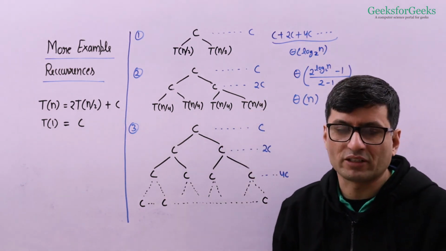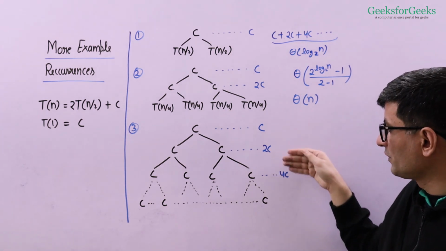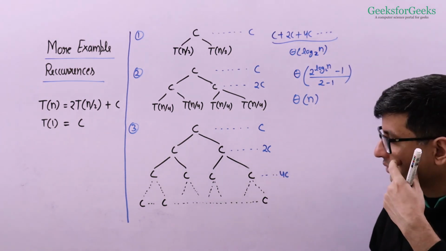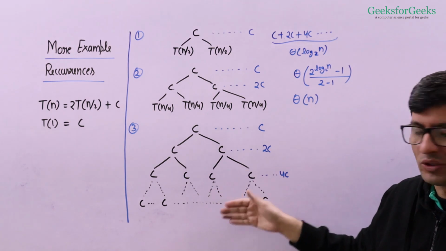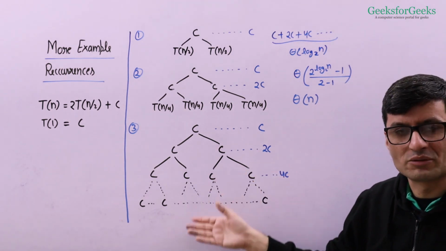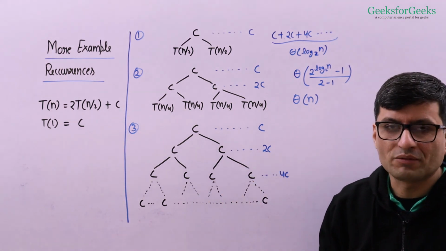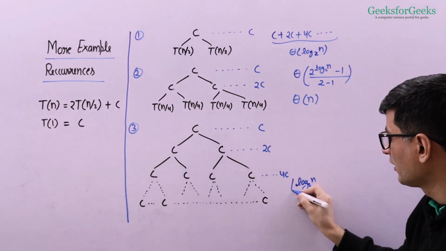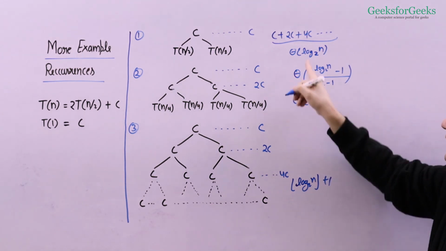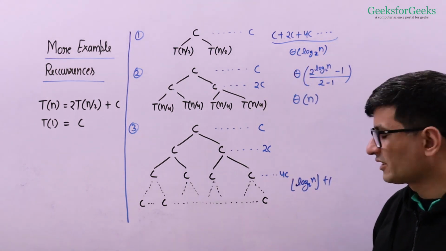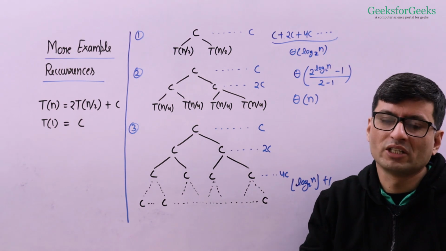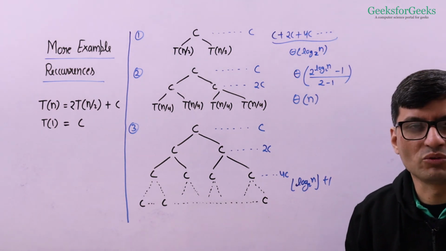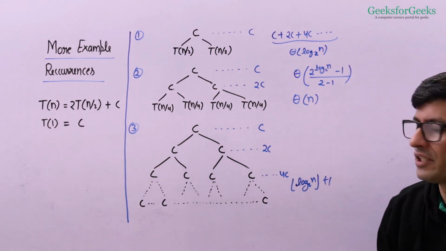So I see a pattern, right? I see that it's C, 2C, 4C and it's going to be 8C. So I just need to figure out how many terms are going to be there in the series. We have discussed this earlier. We are going to have floor of log 2n plus 1 terms, right? And I can write these terms as theta of log 2n. I can simply take log 2n terms, right? Because the plus 1 and floor or ceiling do not matter when we talk about asymptotic analysis.